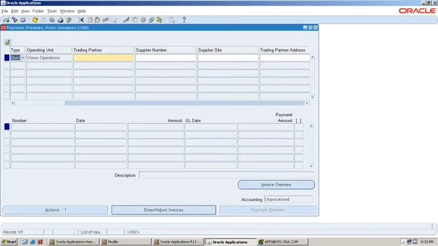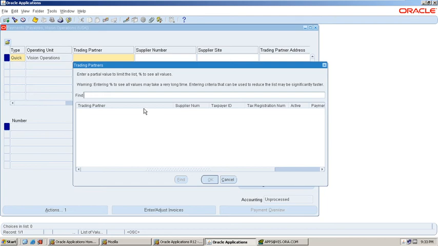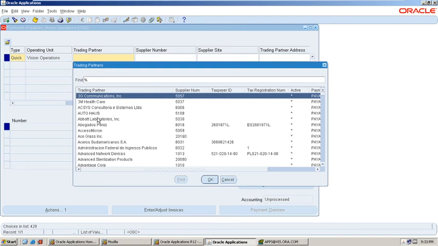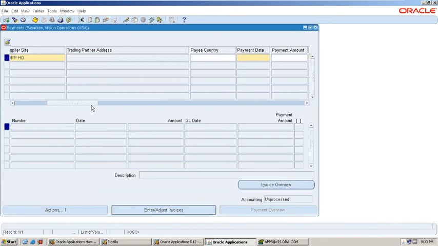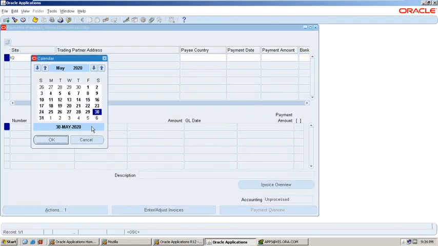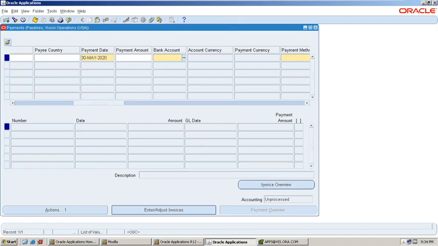We will go to the payment form and select the payment date, 30th, and the bank account.